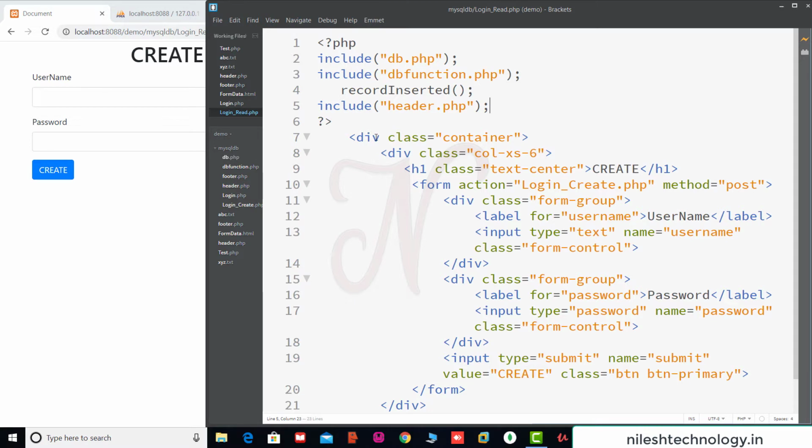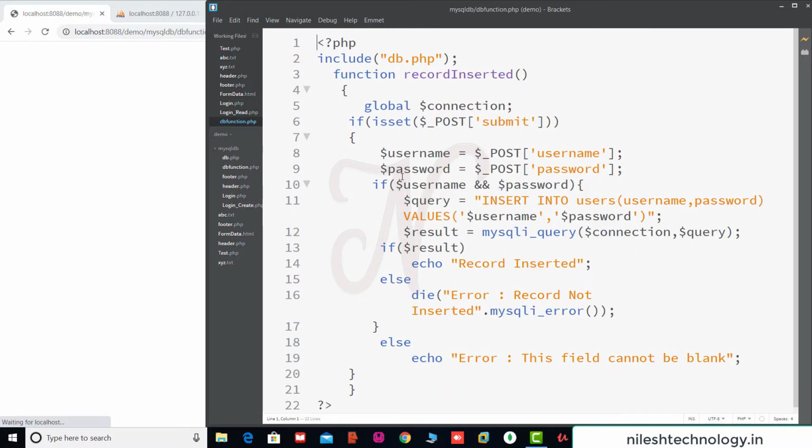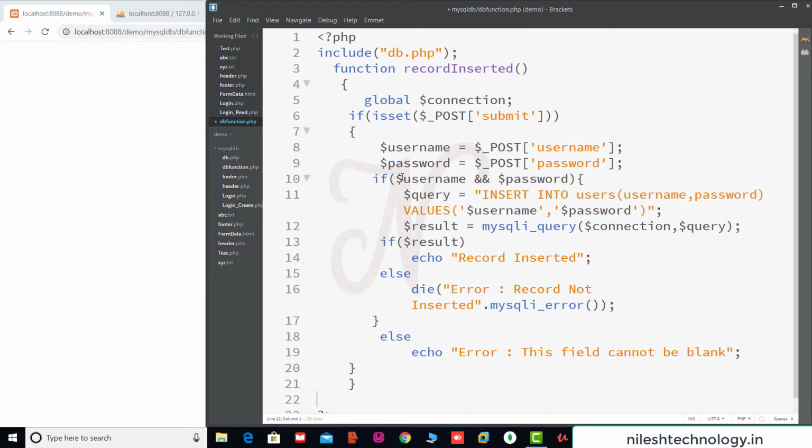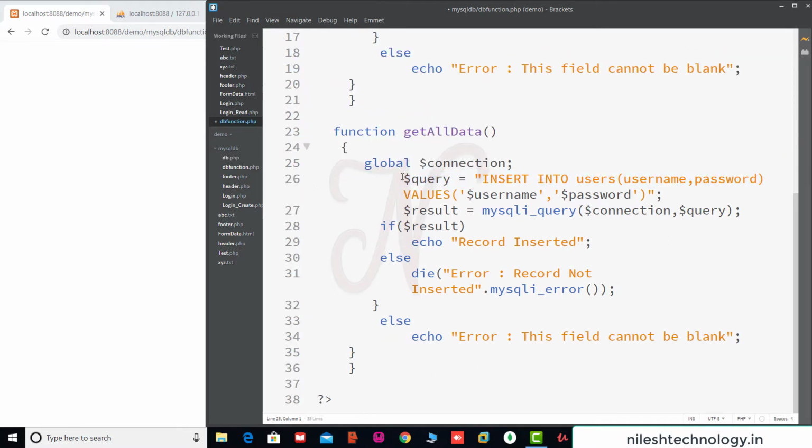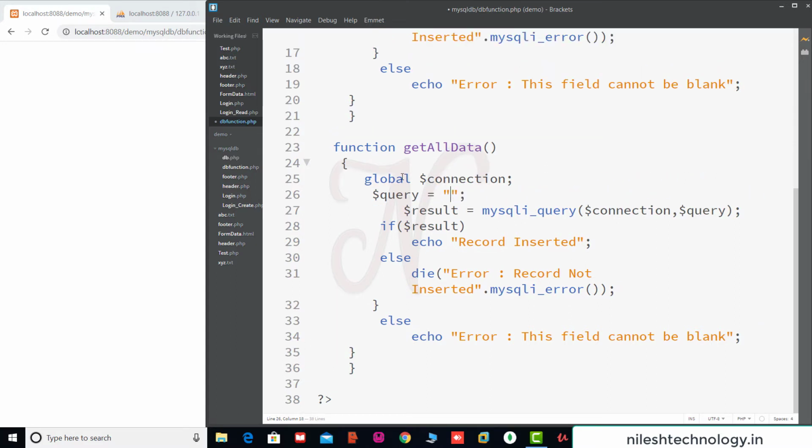Here we add one more function in the db_function.php. We copy this function here and change the function name to get_all_data. This is your connection. There is no need for the username and password here, we directly use one query: select * from users.